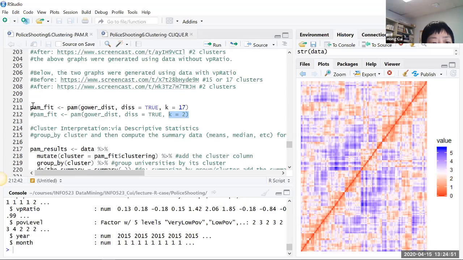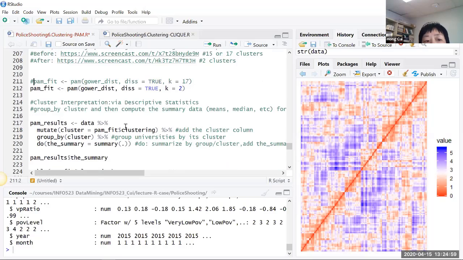Hold on, I think we can do one thing at least. That shouldn't take too much time. So the next point I want to make is, because we were interested in race, right? We want to see whether race is actually